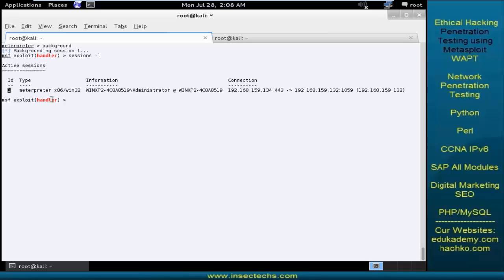And finally, if you want to interact with this particular session, you need to issue the same sessions command with -i and the session ID. So the session ID here is 1, okay? And finally you got the meterpreter access, okay? So this is about the background command. Now let us